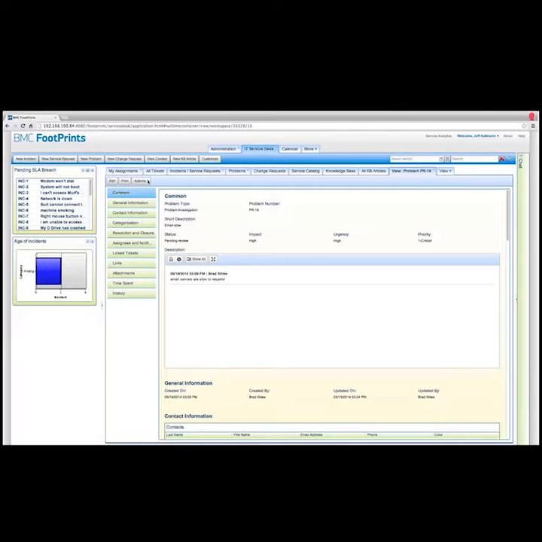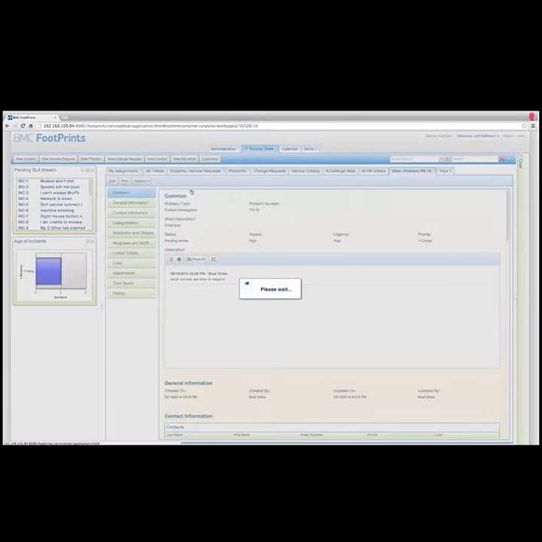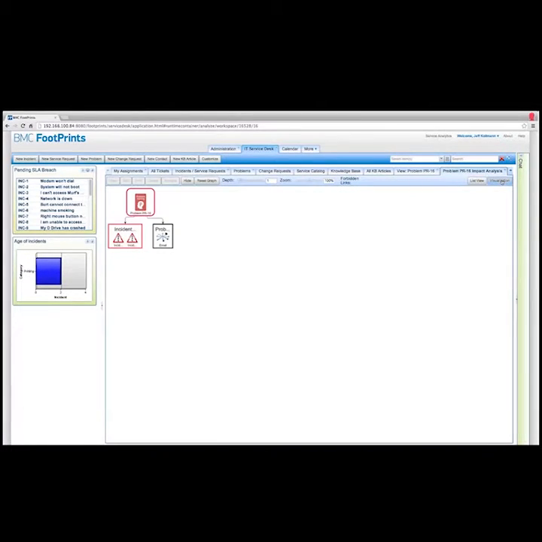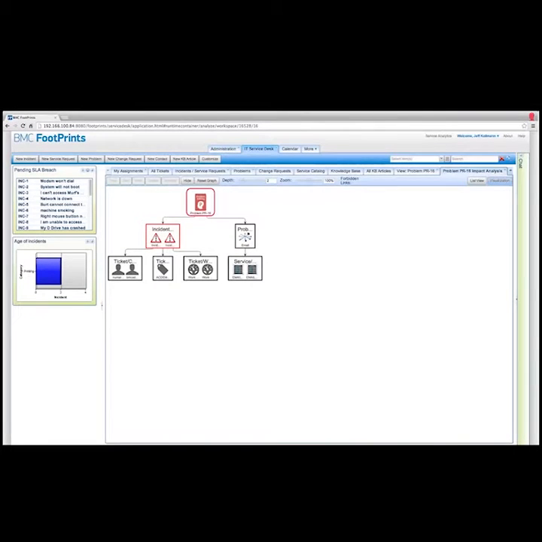So you can see up here, I can take a look at the impact analysis of this particular problem. Now this is a little bit of an eye chart. Let's go over here to visualization. This is more like it. So I can see that there are two incidents that are linked to this problem that we're looking at right now, and that problem affects the email service. Okay, well what if we bump the depth up here one more? There we go. I've got these two users that have called in with these two incidents that are linked against